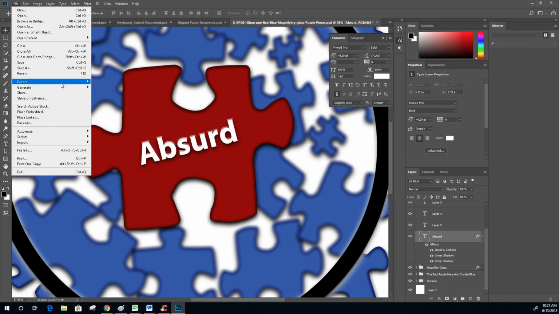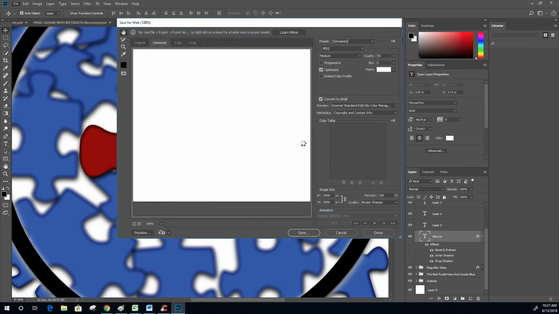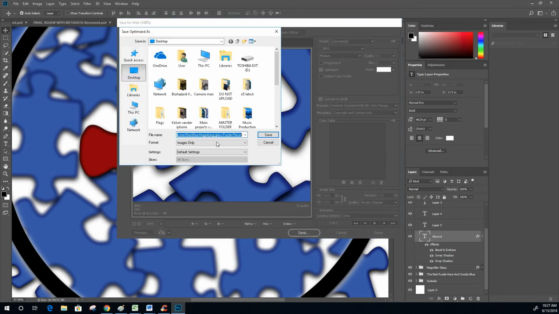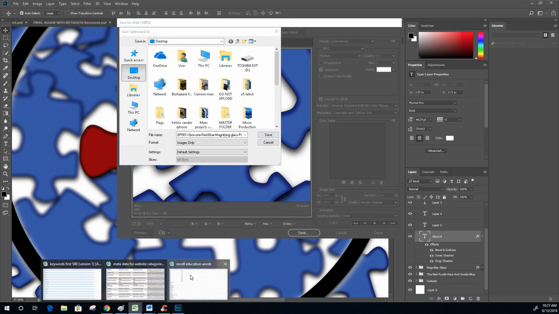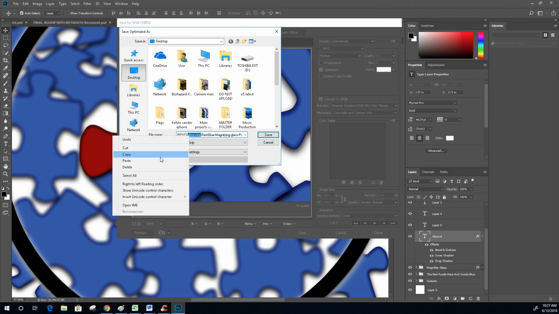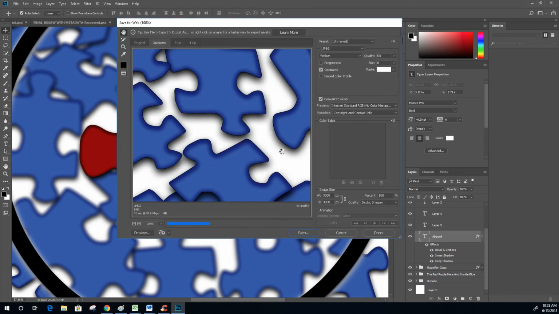File. You can do a shortcut here as well, Alt Shift Control and S. 50 medium, JPEG 505, save. So this one was 103, absurd. Desktop. Now select the file that you're going to save it into, hit save,